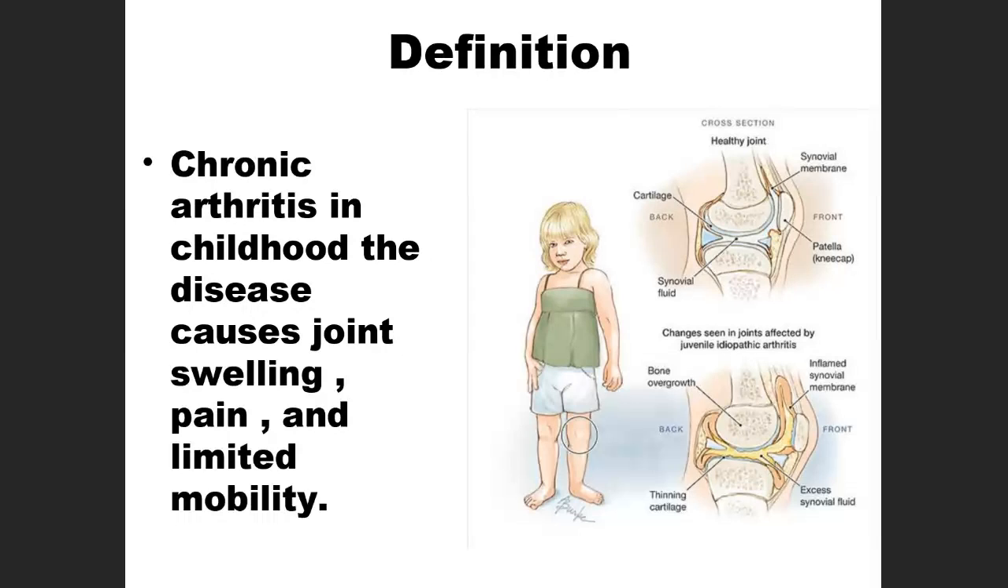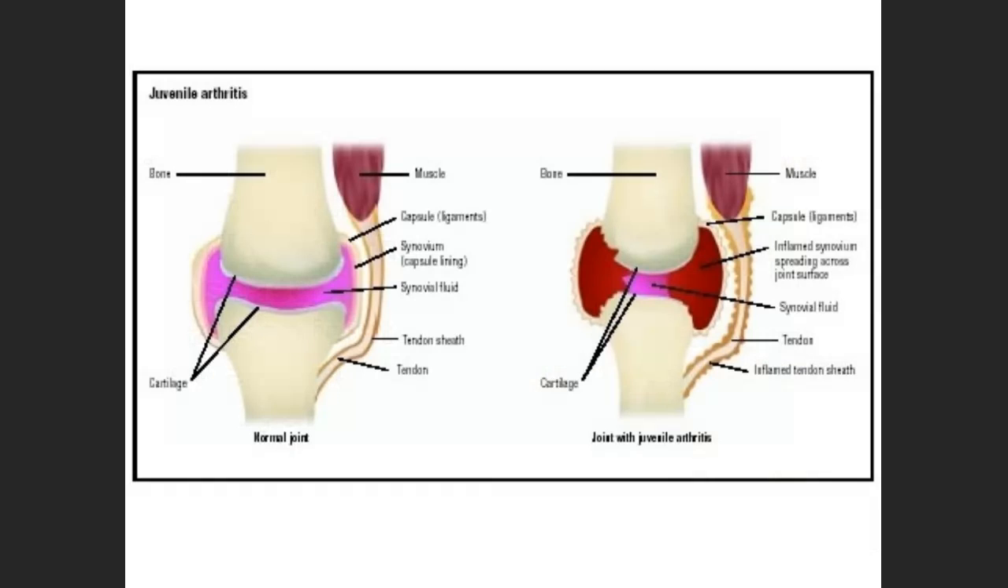So it is defined as a chronic arthritis which is happening in childhood. This causes swelling of the joints, pain in the joint, and there will be decreased mobility. This is how it is shown, like a regular joint pathology. So this picture, I want to give you some insight of anatomic knowledge about the joint,